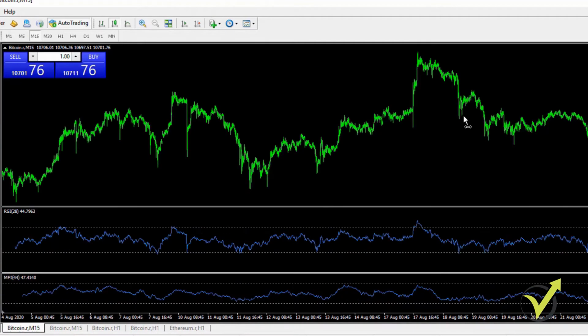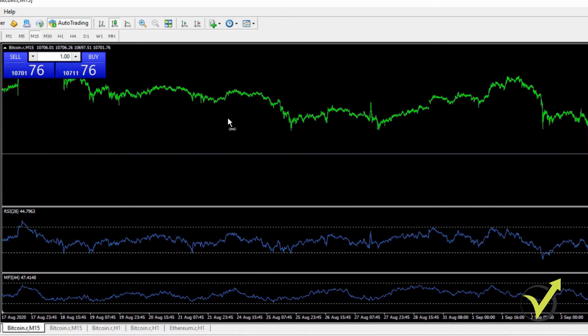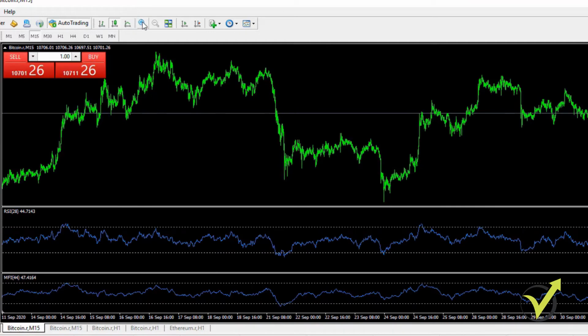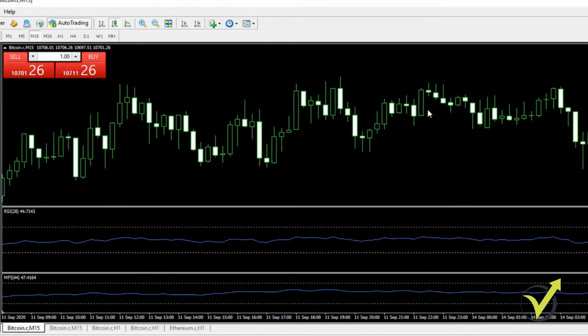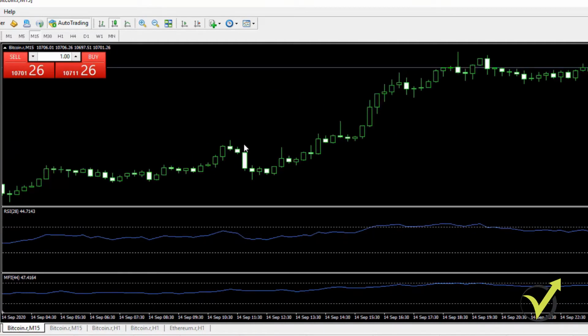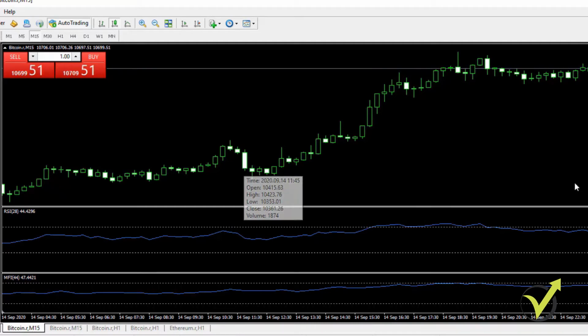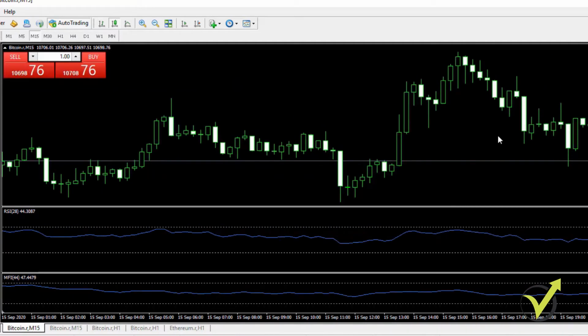Okay, and the historical data, guys, this is all the bars that we have in the past. Okay, if I zoom, this is the data that we have from each candlestick. If I put the mouse on the closing of any of the bars, you will see that we have the open, the high, the low, and the close. These 4 values give us the data, and as well we have the volume. So all of that forms the historical data which the backtester uses in MetaTrader,